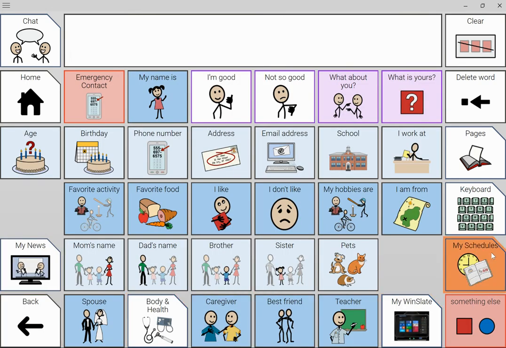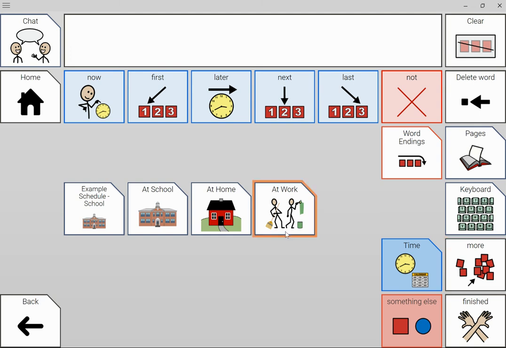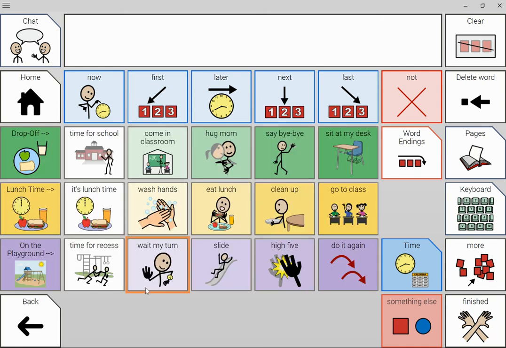And then here we also have my schedules, and we've expanded. So we've got 2 additional spaces here to create that sequence or that visual support. Let's look at an example in school. That's a feature that I really like. I'm a big fan of visual support, so incorporating it in with my communication system seems really logical.